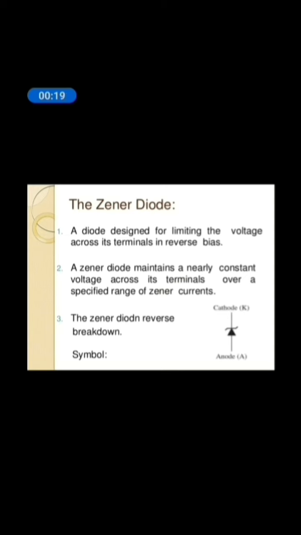A Zener diode is a diode which is operated in reverse bias, and a Zener diode maintains a nearly constant voltage across its terminals over a specified range of Zener current, and the symbol for Zener diode is